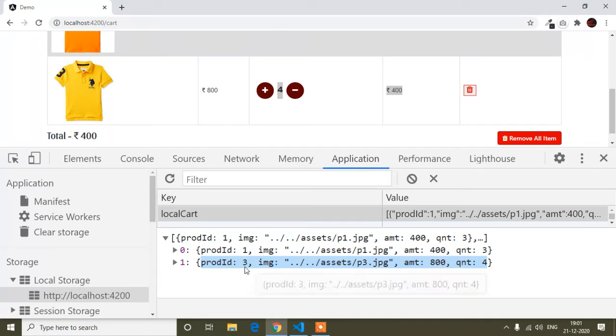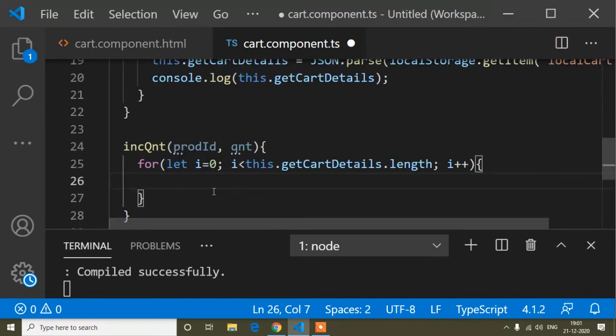When it gets product ID 3 and I'm clicking product ID 3, then it will increase the quantity of product ID 3. So that's why I have written the for loop, and now I have to check whether the product ID in the local storage and the one I just clicked are the same or not.